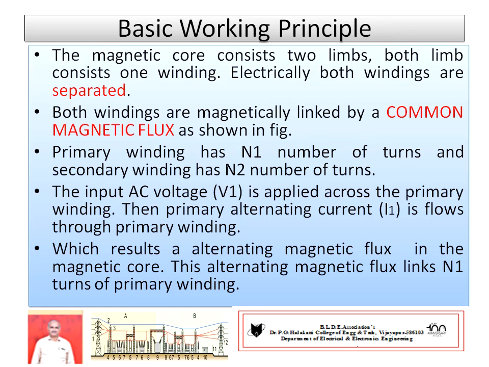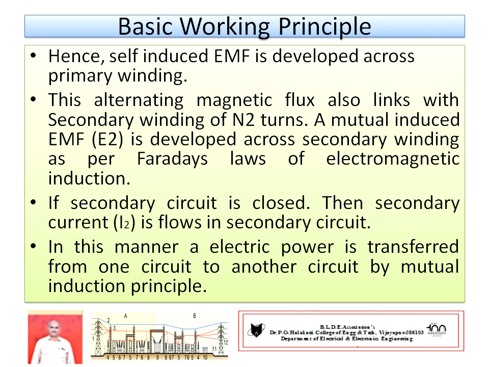You see the diagram, this alternating flux links both the windings, N1 turns of the primary winding and N2 turns of the secondary winding. This alternating magnetic flux links a conductor, hence a changing flux links the coil or conductor. As per Faraday's laws of electromagnetic induction, an EMF is induced. This induced EMF is referred to as the self-induced EMF. It is marked E1